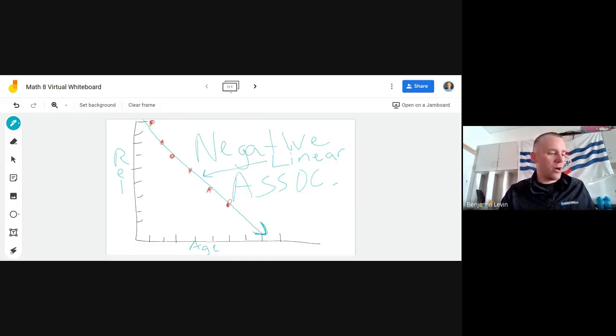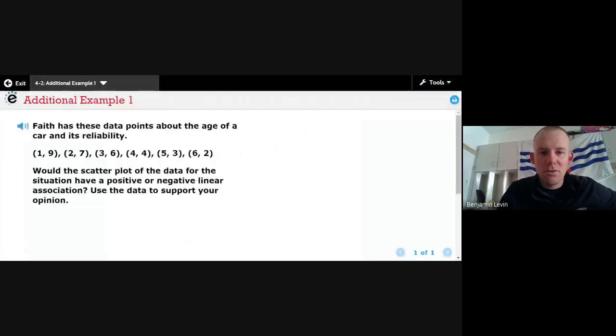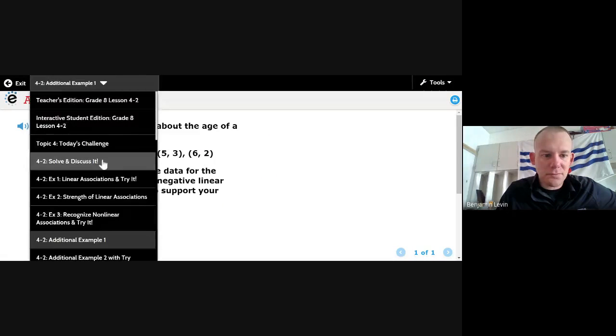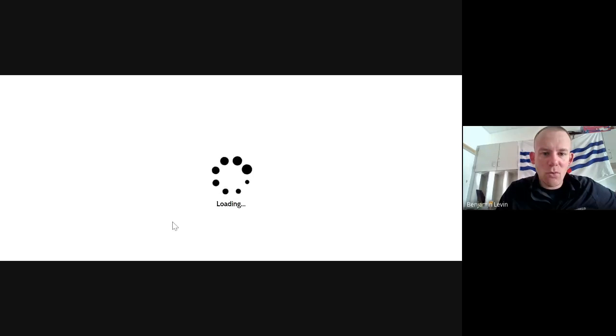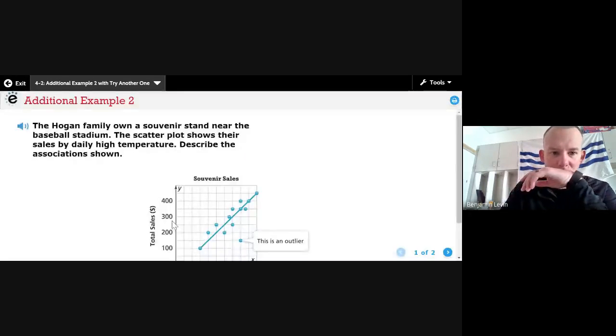The Hogan family owns a souvenir stand near the baseball stadium. All right, and if you ever go downtown during Reds games, there are people that have little rollable souvenir stands that they sell outside of Great American Ballpark on the sidewalk, right? Some of them sell Reds t-shirts and hats, and some of them sell peanuts and water and popcorn and stuff,